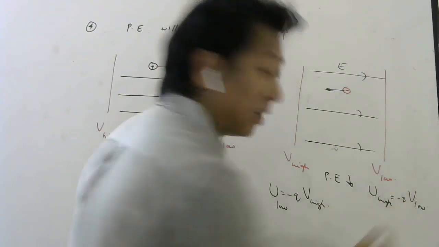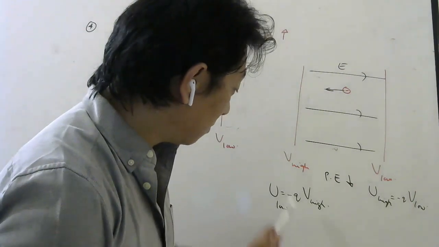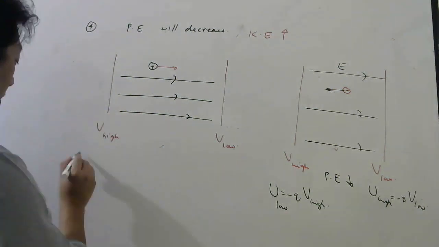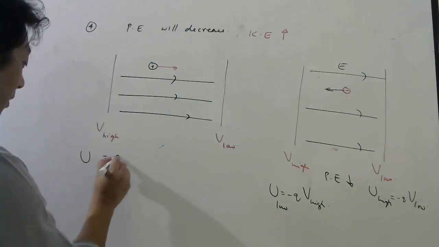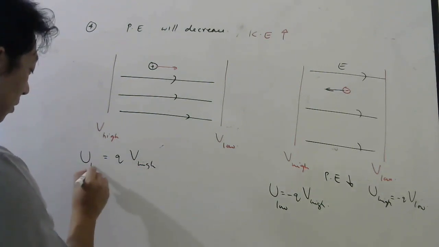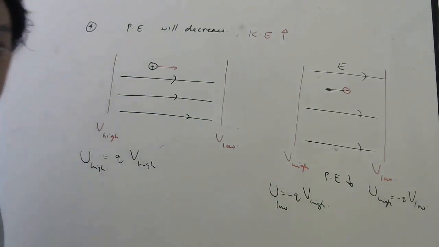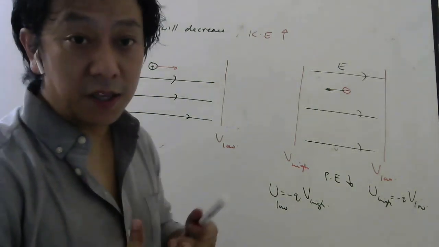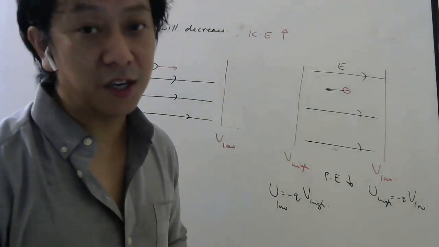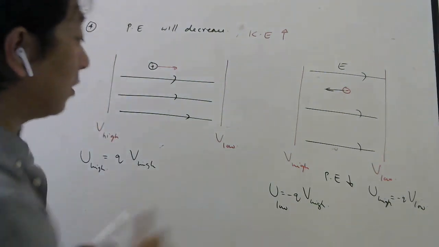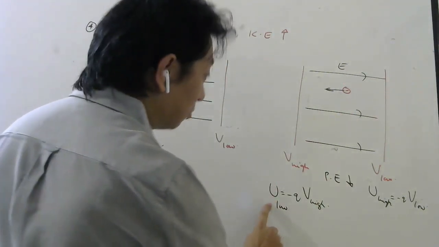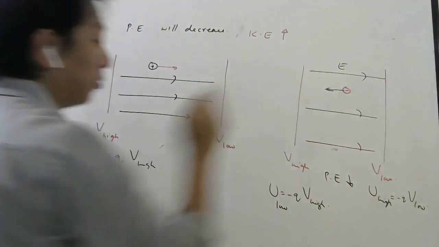Again and again I am telling you, minus bigger number is actually smaller number. Similarly here, no problem. Here potential energy will be Q into V. Q is positive, so if this is high, this will be also high. So basically everything tries to go from higher potential energy to lower potential energy. But in order for electrons to have lower potential energy, they must move from low potential to high potential.